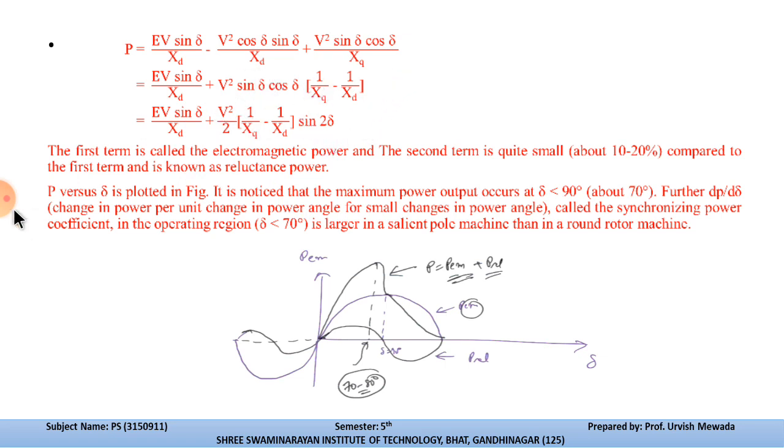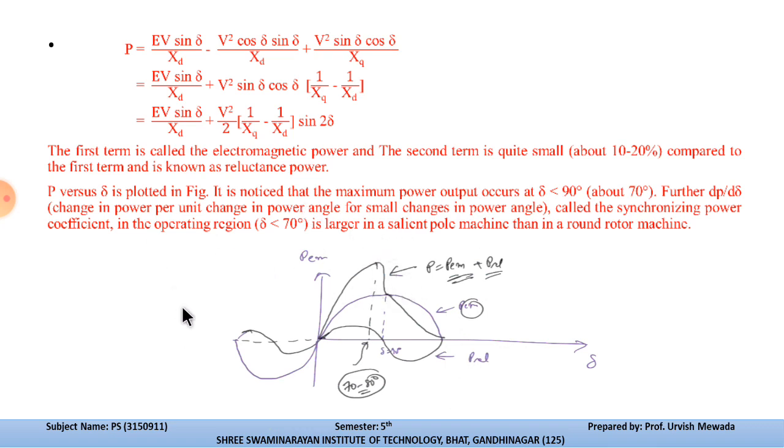So the P versus delta is plotted over here. You can see that this is the delta and this is the P. So for that the waveform is plotted. It is noticed that the maximum power output occurs at a delta less than 90 degrees, about 70 degrees. Further, dP by d delta, the change in power per unit change in power angle for small changes in the power angle,